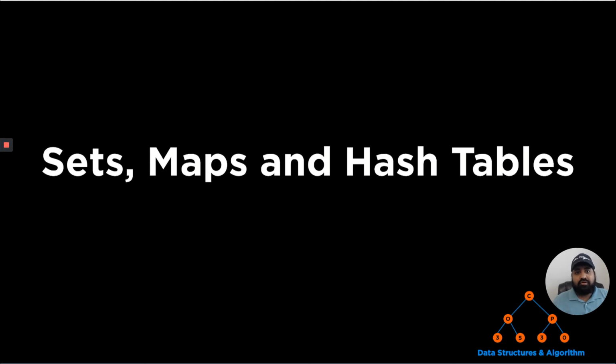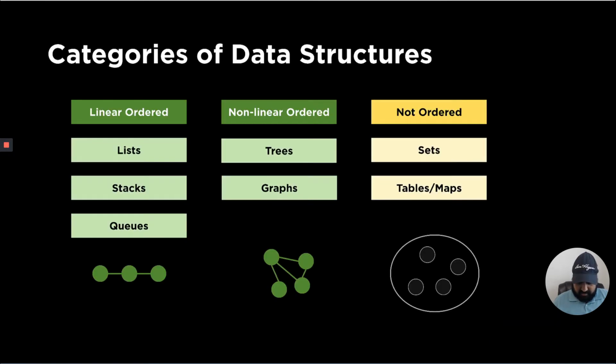In this video, we are going to start with non-ordered data structures that include sets, maps, and hash tables. So far in this course, we have discussed different linear ordered data structures that include lists, stacks, and queues, and non-linear ordered data structures that include trees. Now we are going to discuss non-ordered data structures, which basically are mechanisms to store data which do not have some inherent ordering. We are going to start with sets in this video, and in the next video, we are